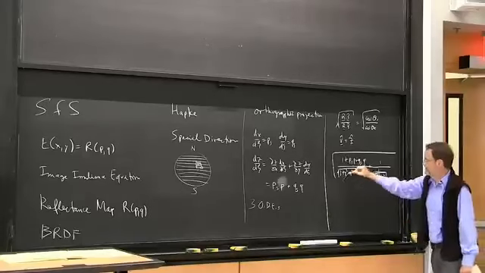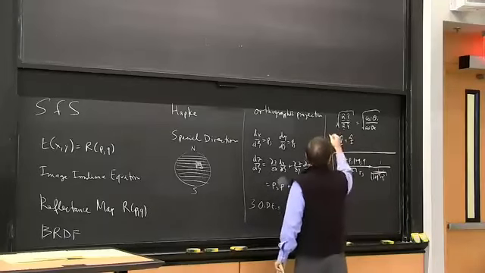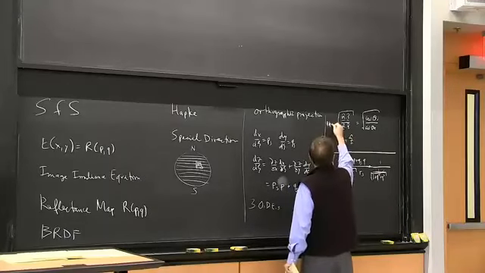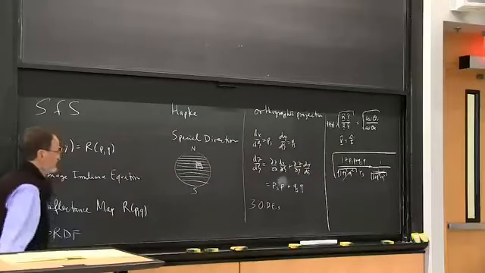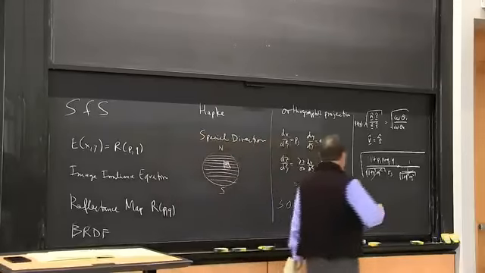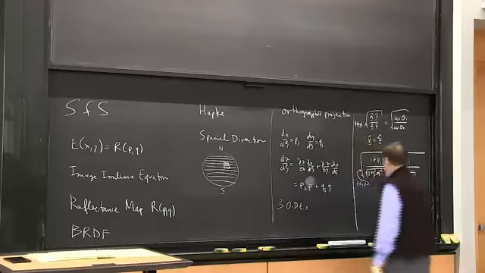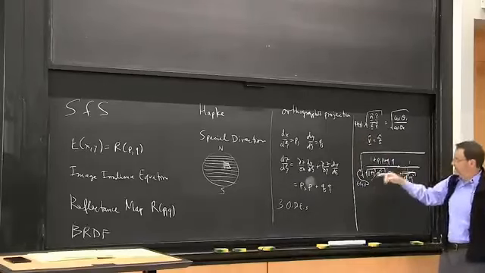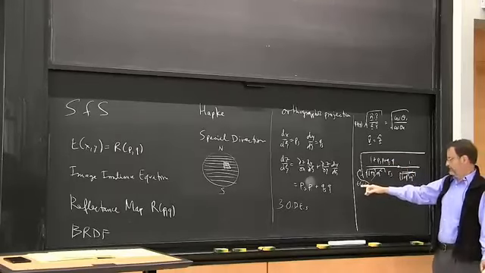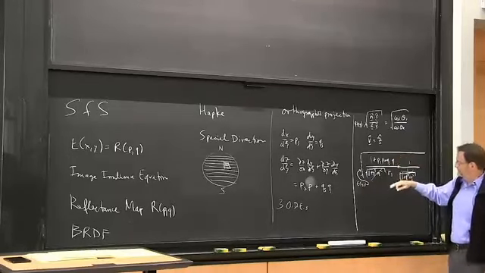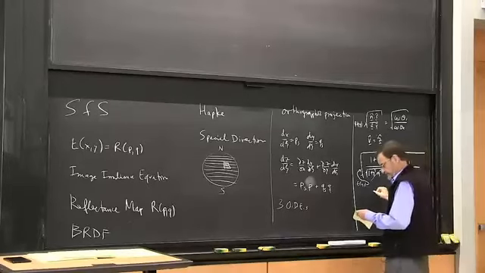And that conveniently cancels out, so we end up with that. So this is our R of P and Q. And by our assumption about the image irradiance equation, that's E of x and y. So we can write E of x and y is this thing. And you can see the term we're looking for is right in here, PSP plus QSQ. So we need to square the whole thing, get rid of the square root, and then multiply through by RS and subtract the 1. So we end up with